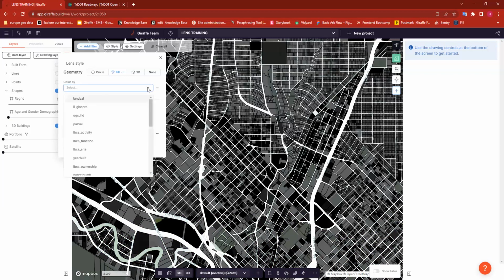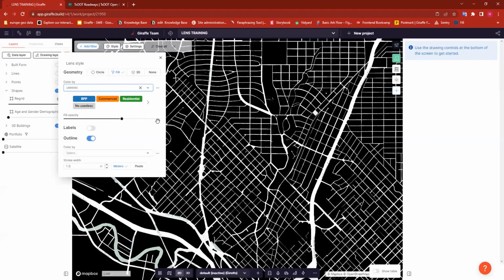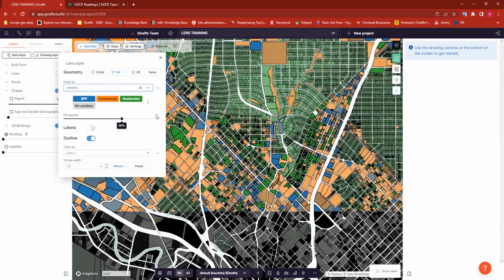This data set is very dense, so we'll just give it a second to load. Coloring by my use description is probably going to be actually useful for me. There we go. Okay, cool. So we've got